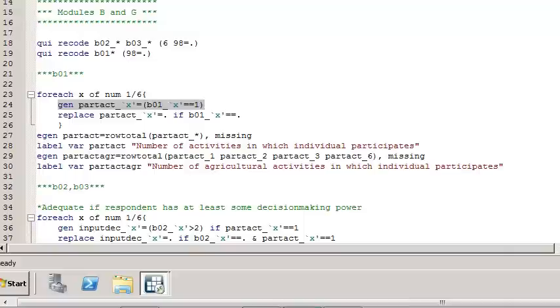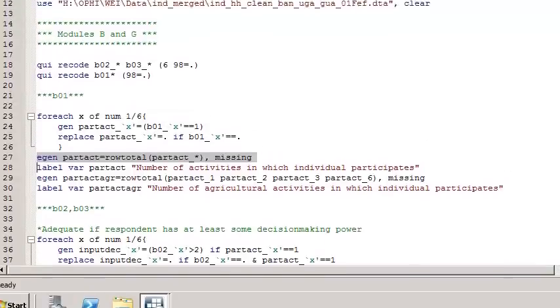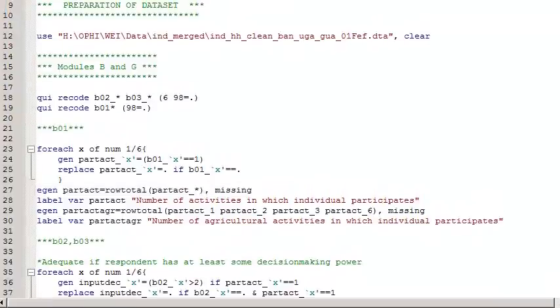Then we aggregate the six part_act_X variables when we construct the indicator part_act. Part_act gives me the number of activities in which the individual participates, in which the individual is involved. Then we also create part_act_agr, which gives me the number of agriculture activities in which the individual participates. Then, moving on,